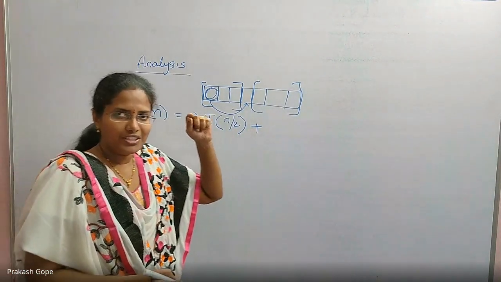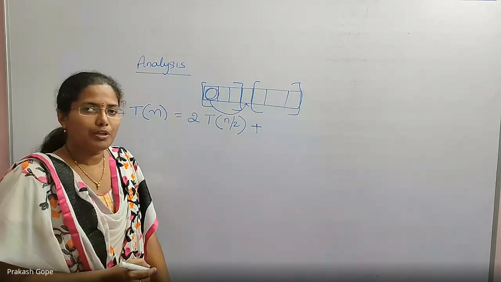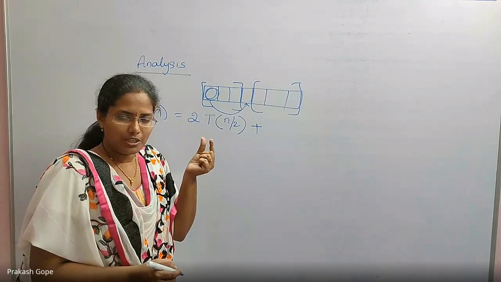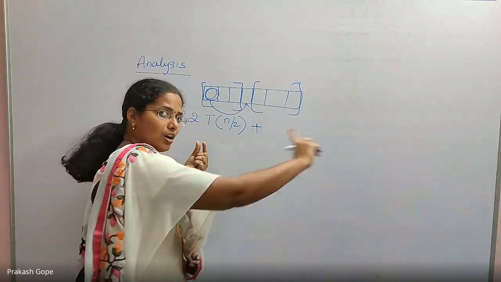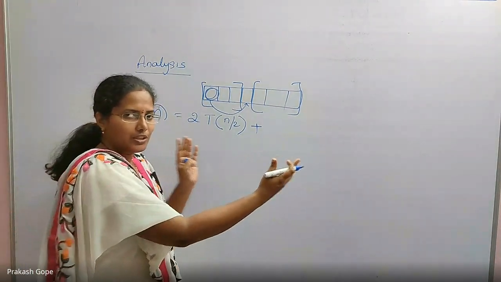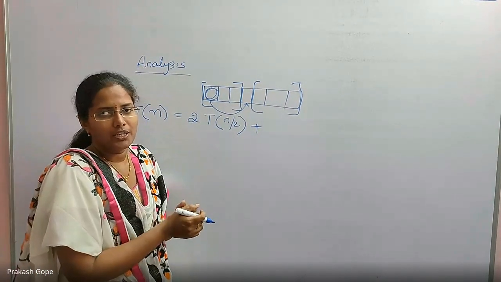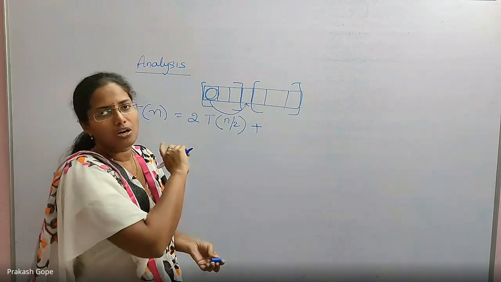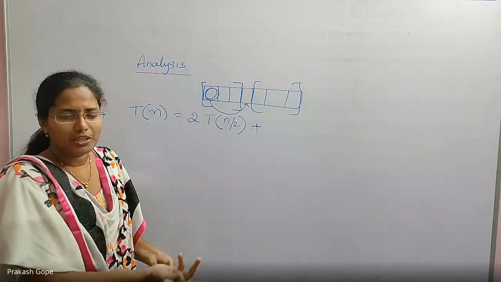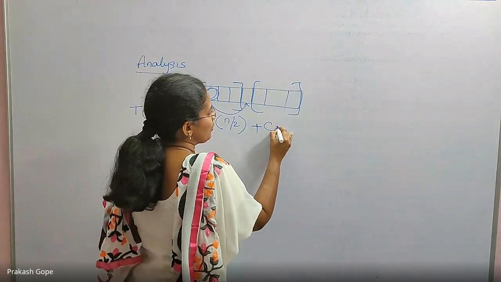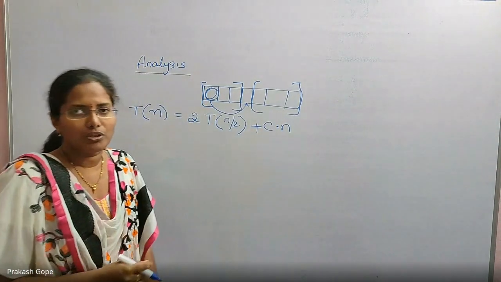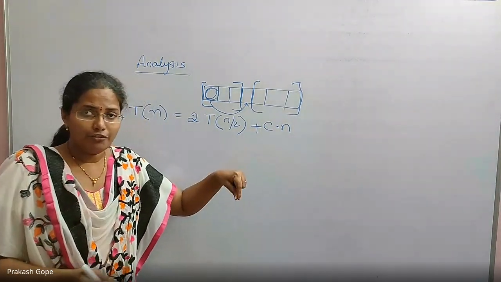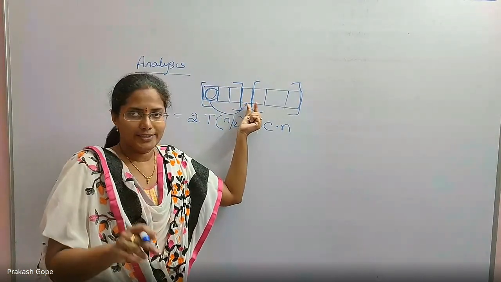The time taken for division, the partition function. What is the time taken by the partition function? What have we done there? We have picked the first element as the pivot element and compared it with all other elements. Indirectly we have done it with up and down also by some logic. But what we have done actually is compare the pivot element with all other n minus 1 elements. So the time taken is obviously some constant times n, because you have done n minus 1 comparisons. So this would be the recurrence relation if the pivot element goes and occupies the exact middle place,